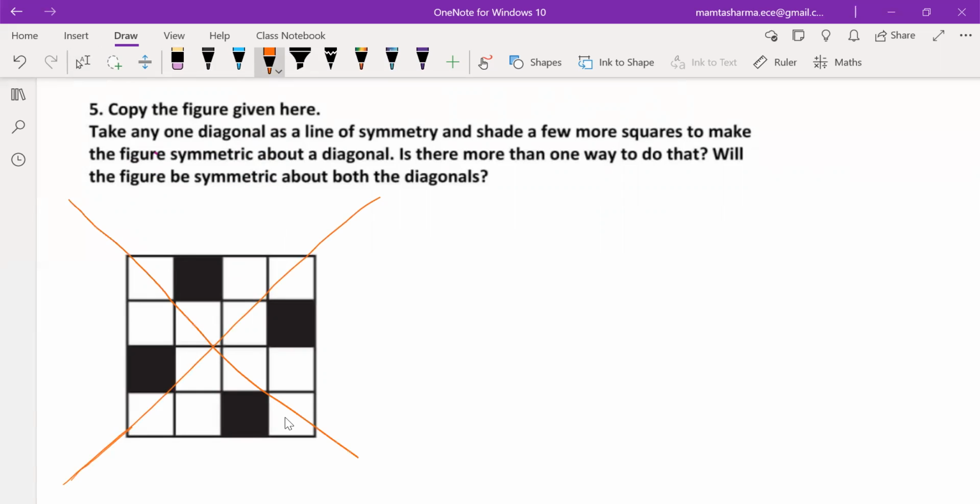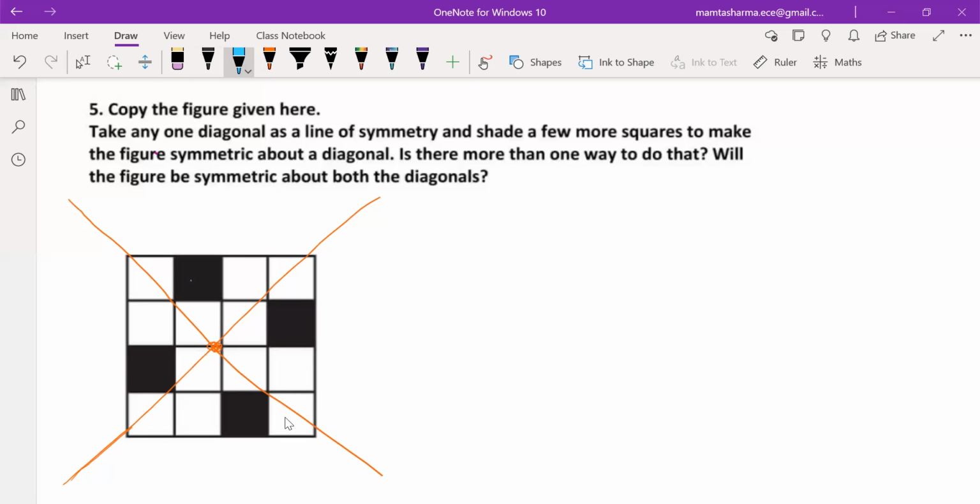Okay. Now tell me, how many squares could be painted so that it would look symmetrical? Ma'am, 4. Which one? Ma'am, first one, right side. See, just opposite the given black painted square. Okay, you can take the just opposite of that painted square. Okay, so that symmetry would exist. Now you could see, yes, if you fold it,